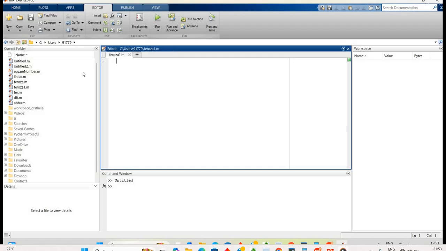Now in this program I want to call a function. For that I have to open one more script, write the function in that script, and call it in this particular script, the Feroza1 script.